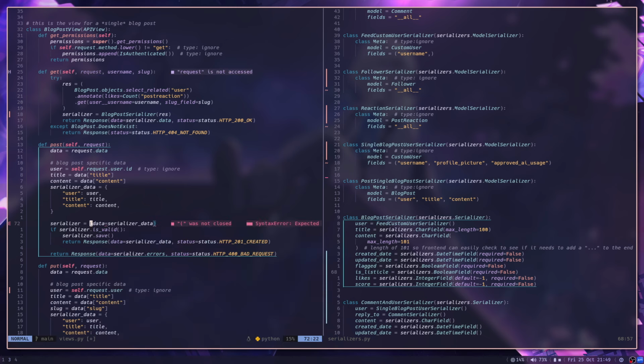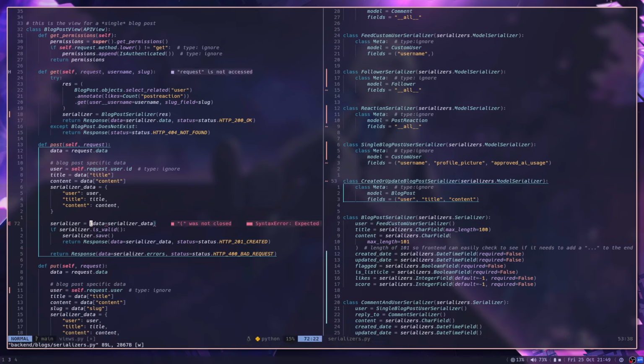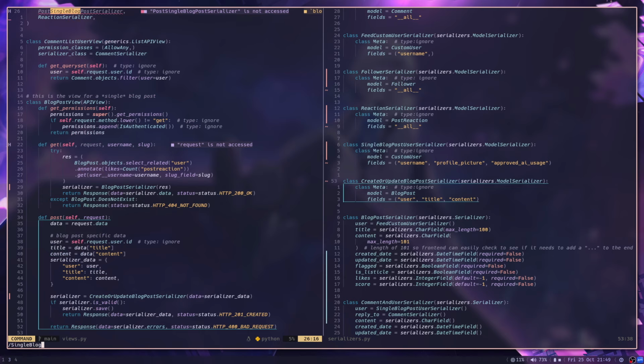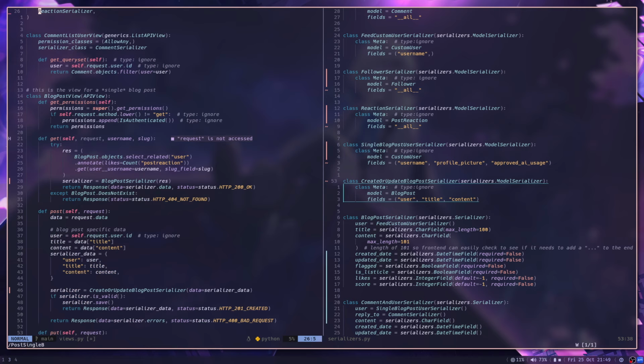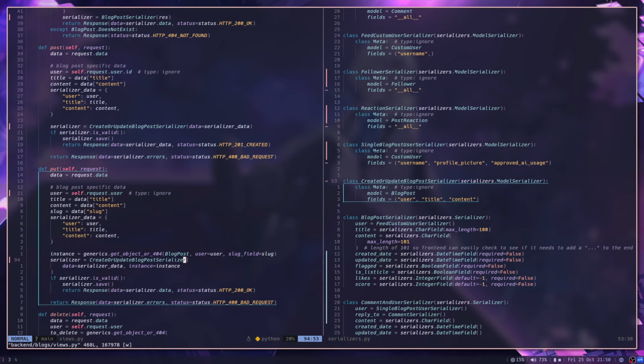Oh, actually, okay, I'm going to do one thing. I'm going to change the name of this because it's not descriptive. Let's do create or update blog post serializer. How about that? Beautiful. Create or update blog post serializer. Let's find all single blog post serializer. So delete that. And I think, was that the only one? Oh, there's also, actually change this. Oh, not that. Go down here. Change this one to read or update blog post here. Okay, there we go. And now I won't bore you guys with watching me run tests for the next 30